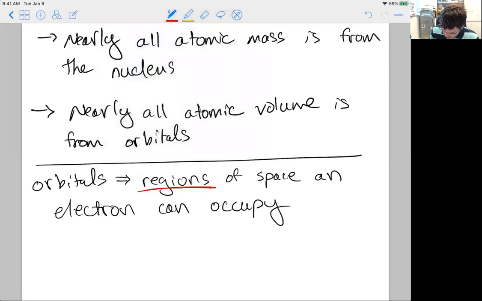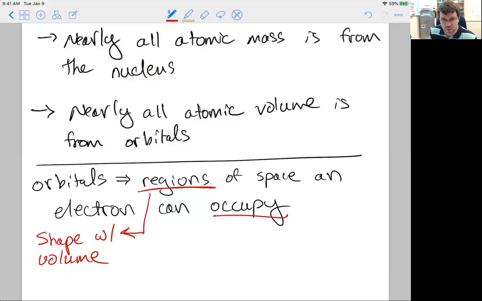Region, I really like the word region, and what this describes is a shape with, because we're talking about the three-dimensional reality, shape with a volume. Now, occupy is a strange word, and I write here that the electron can occupy the shape or volume defined by the orbital, but it sort of will occupy that entire space. The electron, but let's think about it for now as the electron can be anywhere